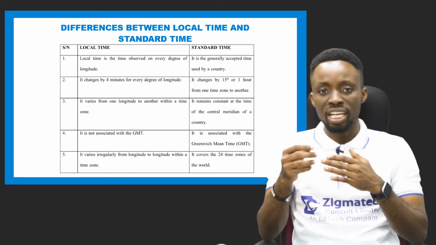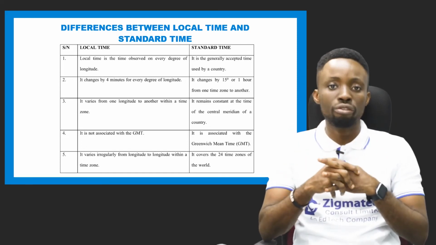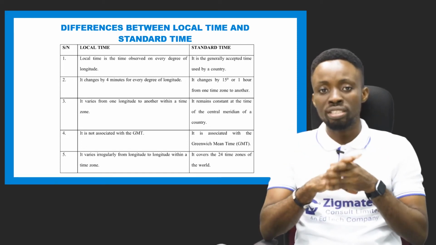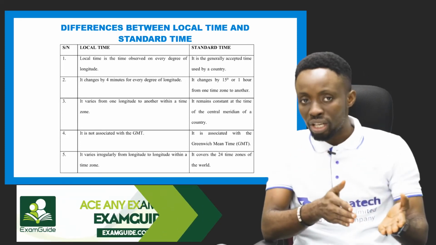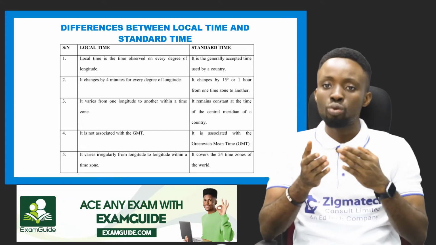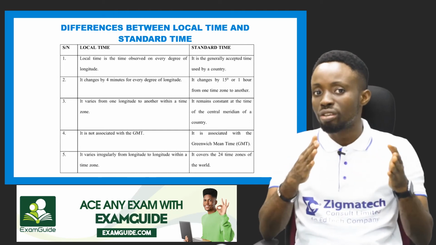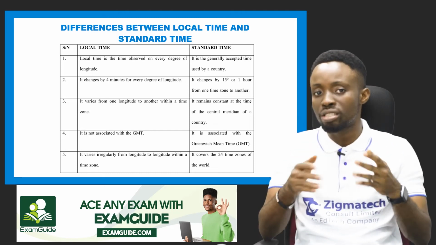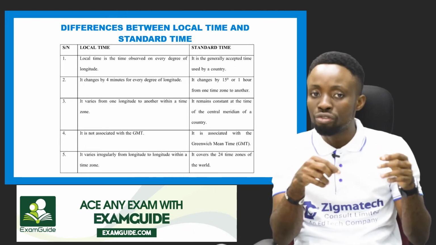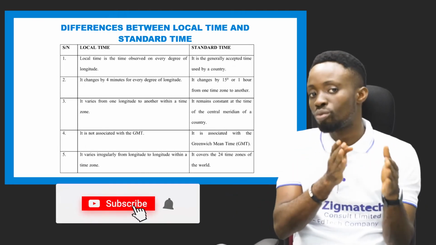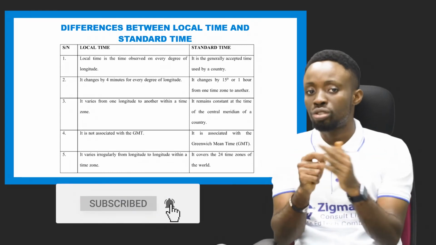But for the standard time, it's basically 15 degrees of every latitude. So in standard time, we have that 15 degrees is 1 hour, as you move from one time zone to the other time zone. But when you look at local time, it's just 4 minutes for 1 degree of rotation. So if the Earth rotates 1 degree, you have possibly moved from one local time to the